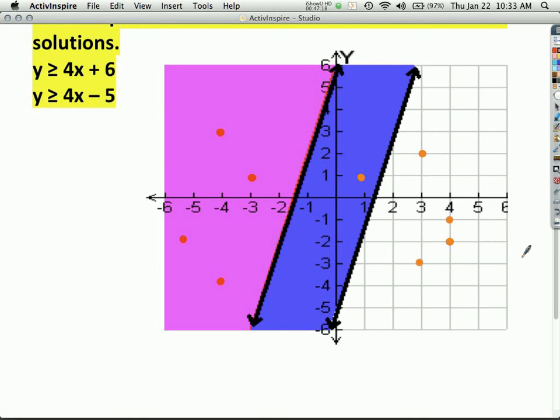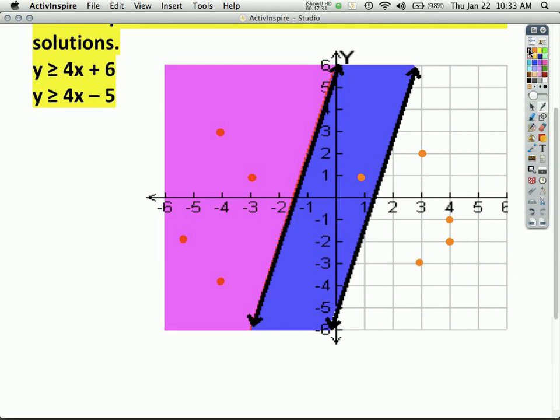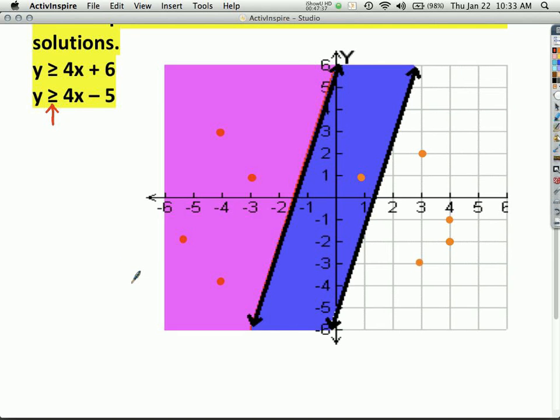Any comments, questions? Any observations? Any theories? Yeah, and so that goes back to what Mark was trying to articulate, which was that these two are actually pointing in the same direction. And look at what happened. We shaded up, and then we shaded up again, and instead of the inside, in between, like one of your classmates said, one side of the parallel lines becomes the overlap region.